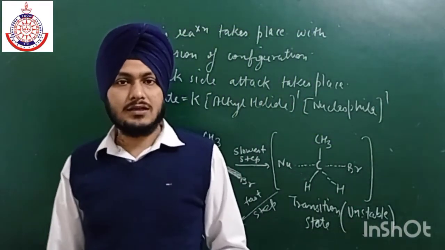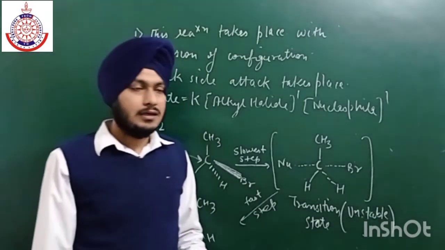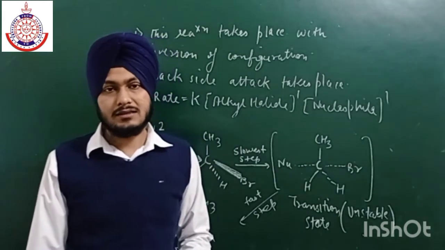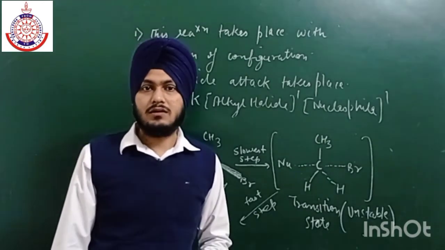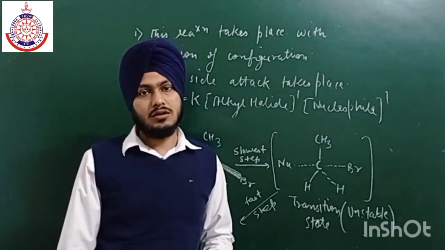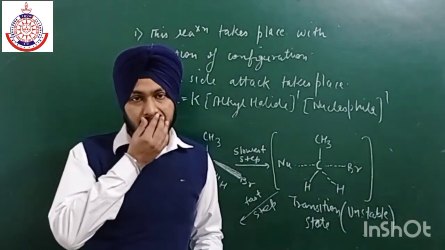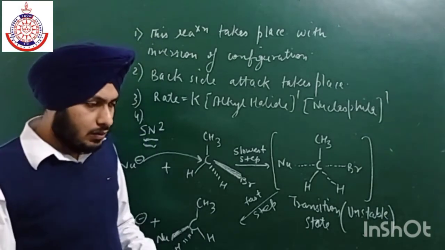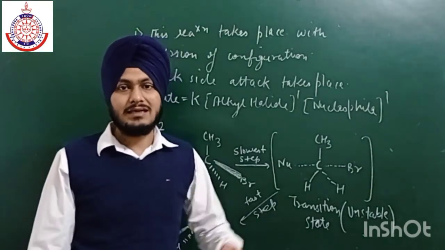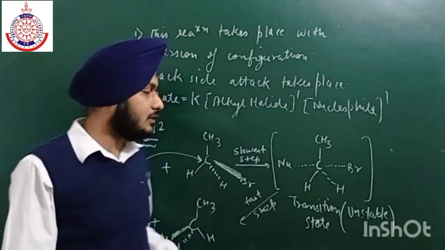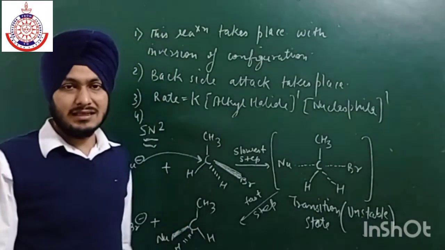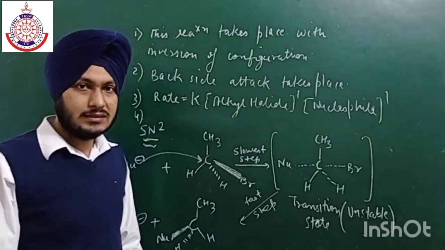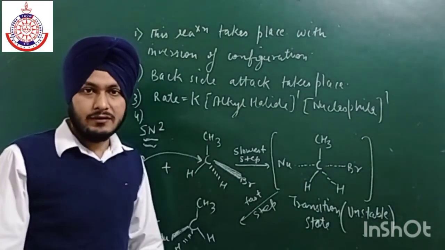Okay, if it is a bimolecular reaction, it is not an elementary reaction. Then, as we all know from our previous knowledge of kinetics, for a complex reaction molecularity is not defined. Molecularity is defined for a single step only. We can define molecularity for each and every step but not for the complete reaction. But this is a single step reaction, which involves the formation of a transition state. No intermediate formation takes place.